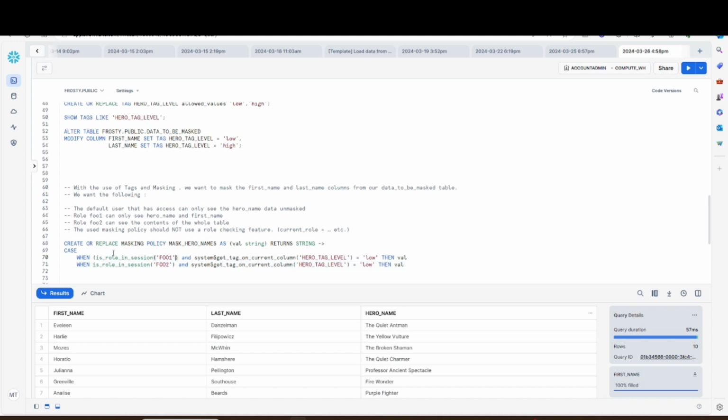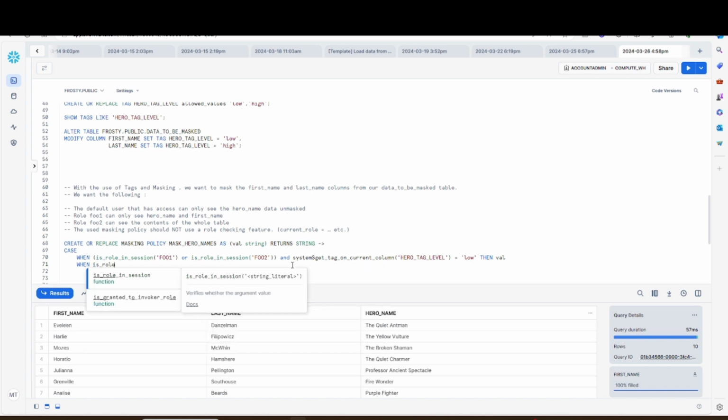So I'm going to say this role in session, say foo2. So I don't need this bit here, right? Because it's similar to this. It means if you switch to this particular role, I can see the first name, because you set the tag. If I switch to foo2, the second role, I can see the first name as well, right? So how do I set this, because it says here this particular role can see the contents of the whole table? So what I'm going to do here is role in session, right? Something like this,